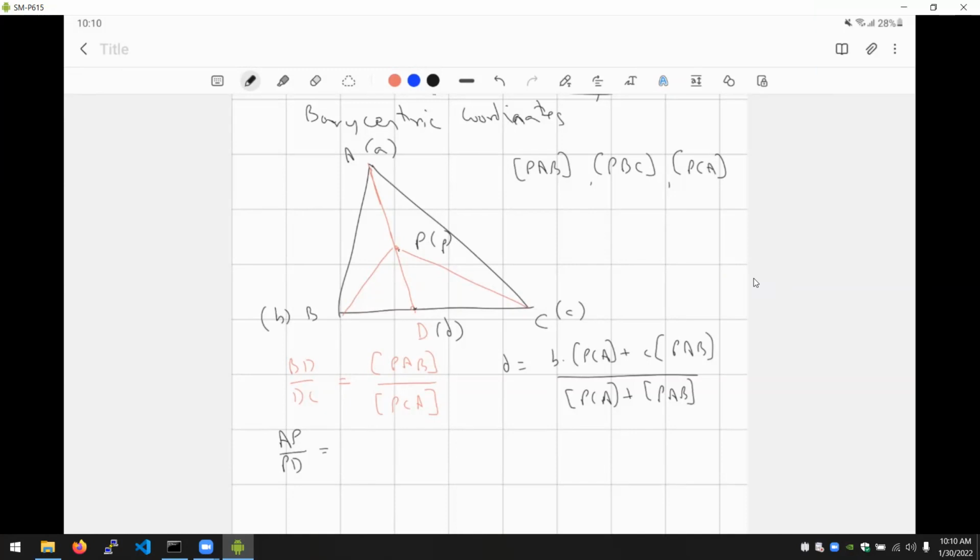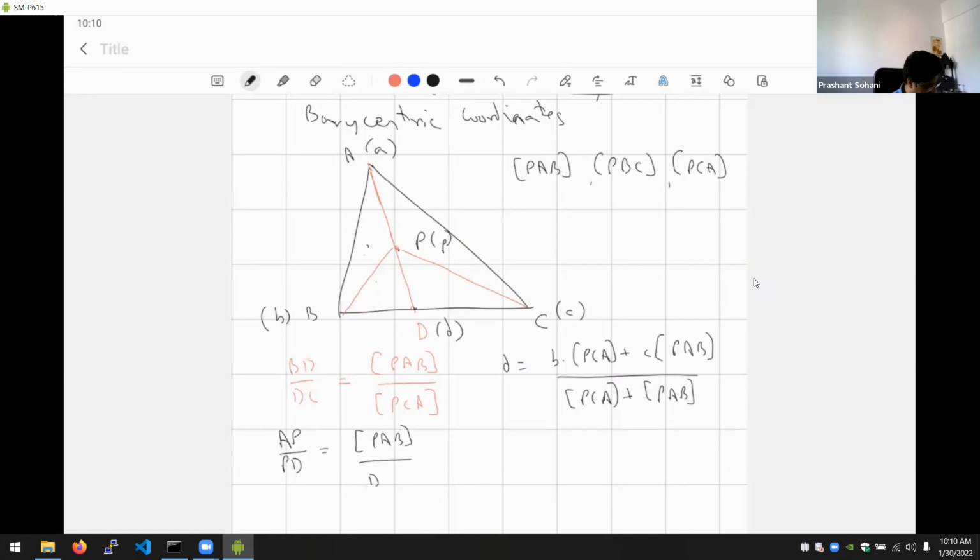So area of APB plus BD upon BC into area of PBC. I couldn't hear you properly, but I think what you're doing is, if the idea is correct. So basically, I have two triangles over here on the left side of AD. Okay, so the area of APB upon PBD. So by normal geometry that we know, this will be equal to PAB